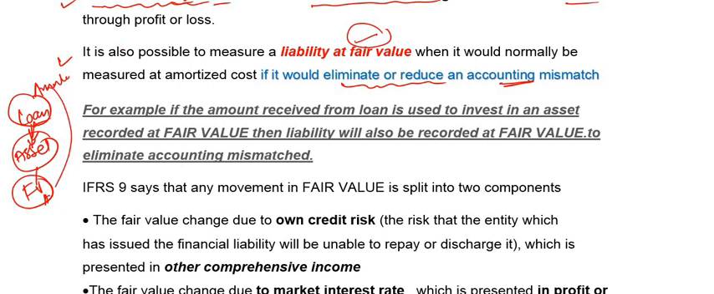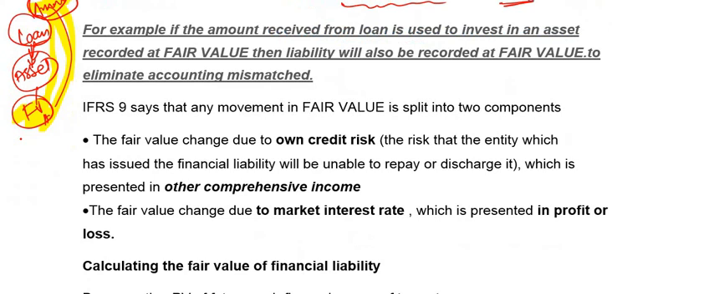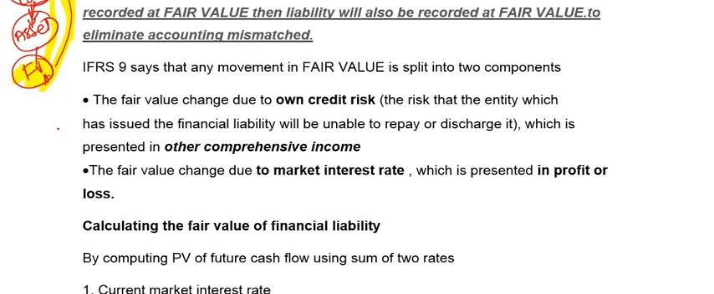So if you want to reduce this mismatch, meaning the mismatch of the asset recognition and the liability loan recognition, then the standard also allows you to use fair value through profit or loss instead of amortized cost. I first say that any movement in fair value is split. If there are any changes in the fair value,